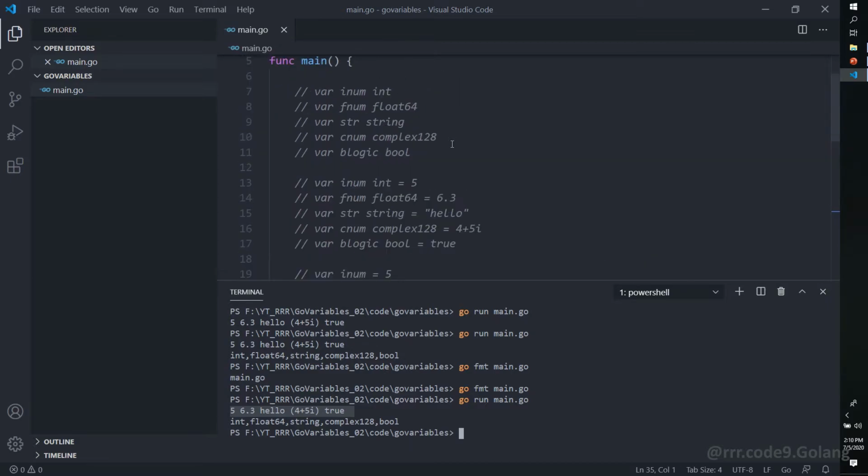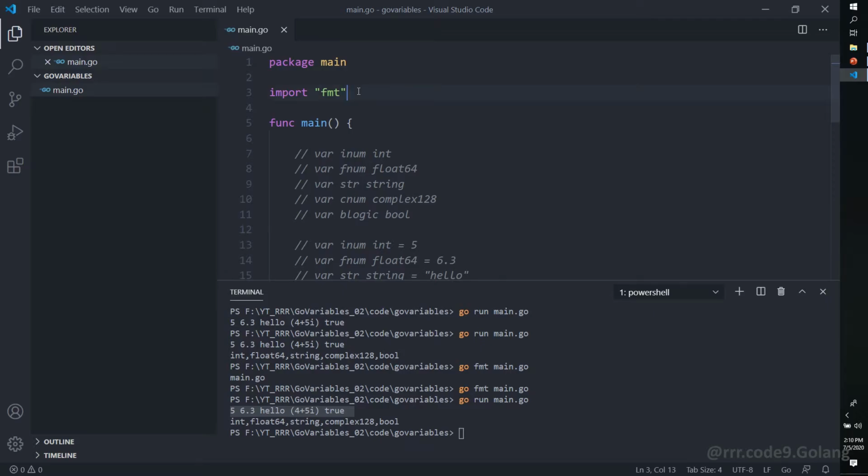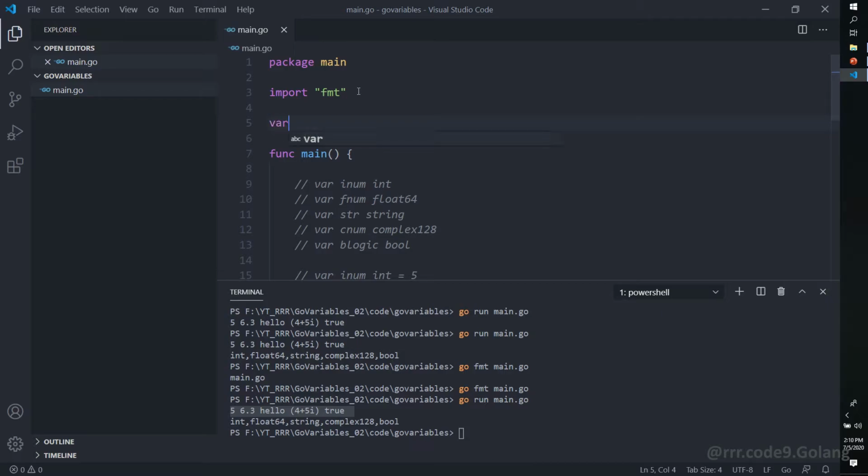Okay, we can also declare variables outside the main function. These variables are known as package variables. Here we cannot use shorthand declaration. So here we have to go the normal way, where, let's say in this case, we can just name it as var pnum equal to, let's say, 45. And we can access this pnum from the main function as well as any other function. So this is a package variable. This can be accessed by all the functions inside the same package.